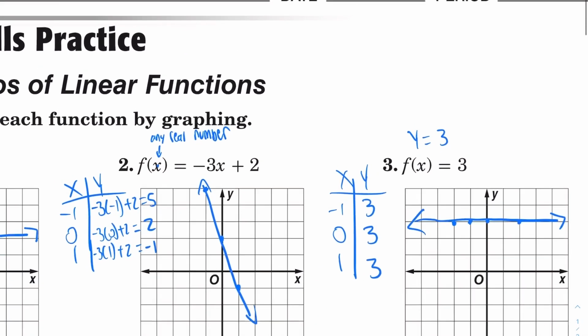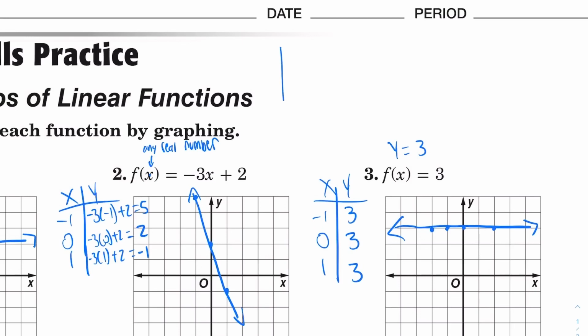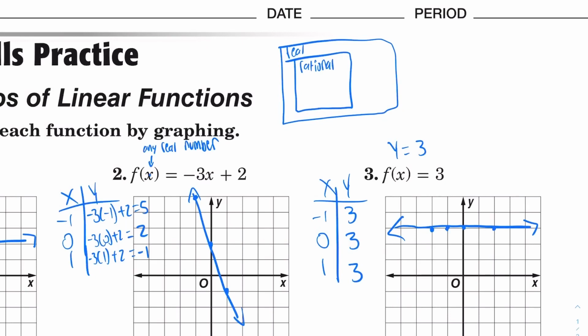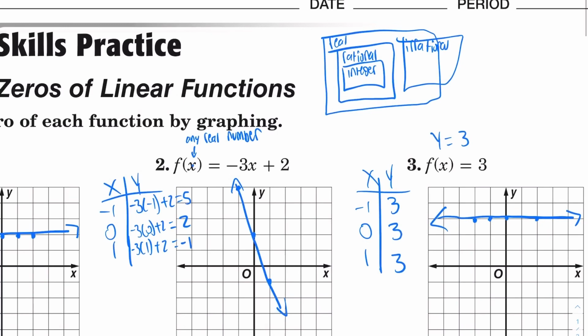Remember how at the very start of 8th grade year, we did this box where you have the real numbers, and then inside the real numbers you have the rationals, the irrationals, the integers, and all that. So we can plug in rationals or irrationals for x. We can plug in whole numbers or natural numbers for x. You can plug in decimals, you can plug in fractions. Since you can plug in any possible thing for x,